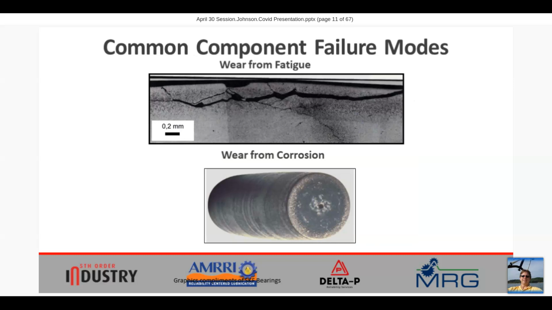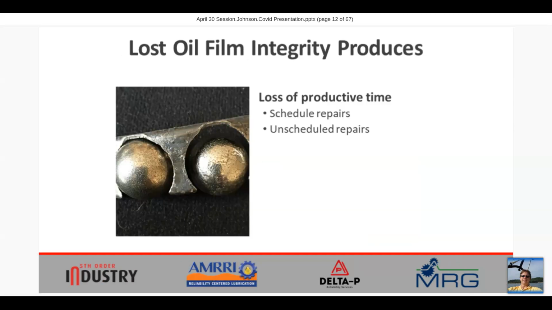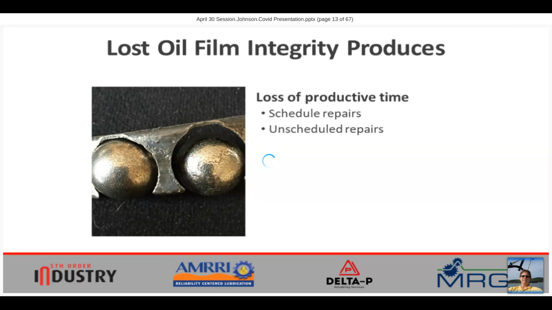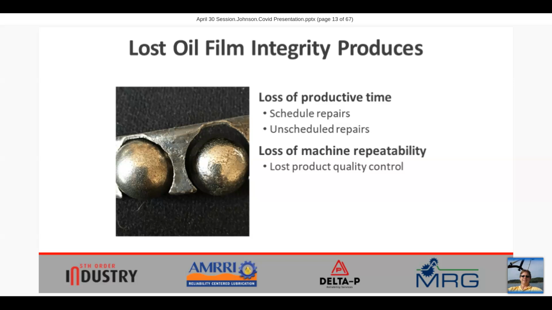These are our dominant failure modes, but regardless of the failure mode, when components fail, we lose productive time to both scheduled and unscheduled repairs. We lose machine repeatability when our machine parts begin to wear down and wear out, and that contributes to lost product quality.